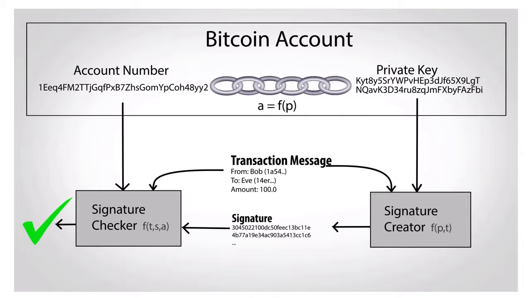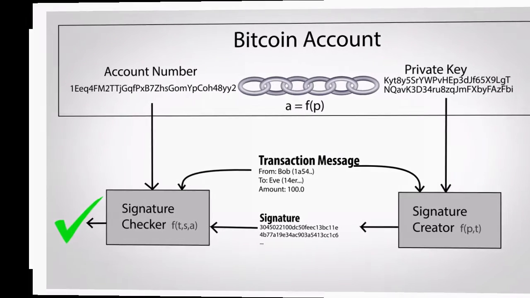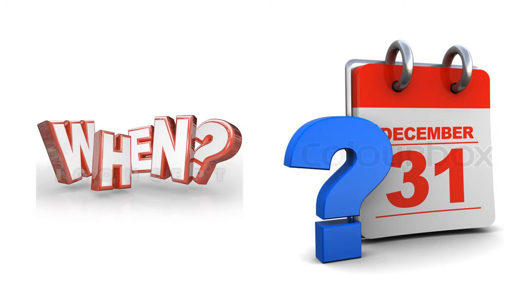Now, this signature cannot be repeated in another transaction as the transaction message which creates the signature is different for every transaction. There is one more problem created in Bitcoin system. The transaction message which you receive does not state the time of its generation, so a person can easily create a situation of double spending.